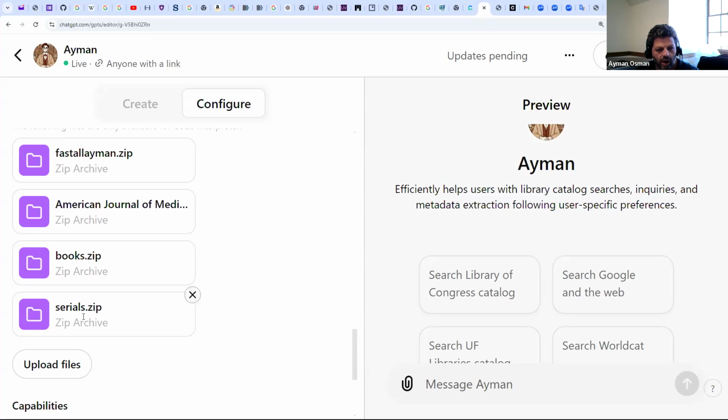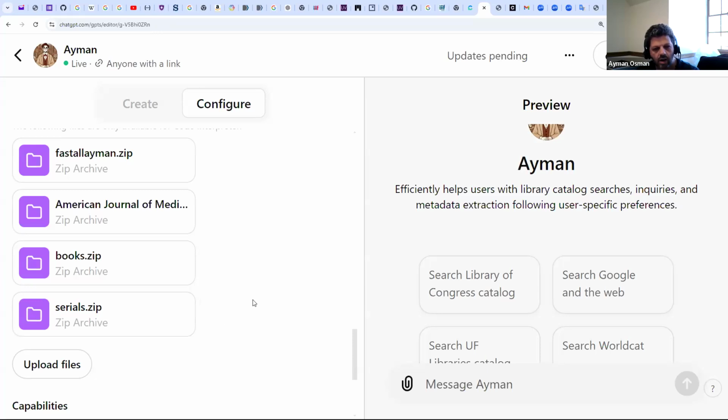So I uploaded here the manual, but because it's a kind of a large manual, it should first of all be compressed into a zip file. And then when I uploaded this to my ChatGPT, I extracted the file or the files again and started training